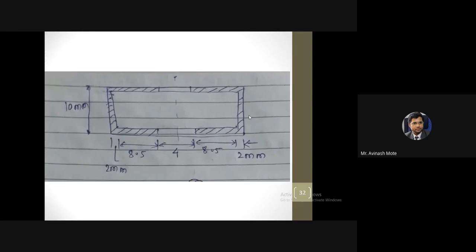So I have gone for 2 mm wall thickness, and it should be at both sides. It is a circular section. Now this cross section will have these limits. This size was previously 10.5 mm, this side 10.5 mm. Out of the 10.5 millimeter, this 2 mm will be the wall thickness. So the effective size will be: 2 mm wall, 8.5 mm middle section, 4 mm for the threaded screw, again 8.5 mm right side section, and 2 mm wall. We got our component.